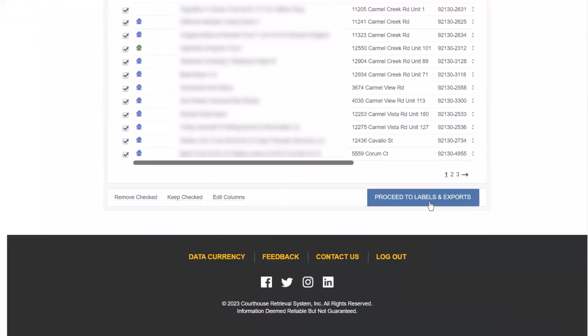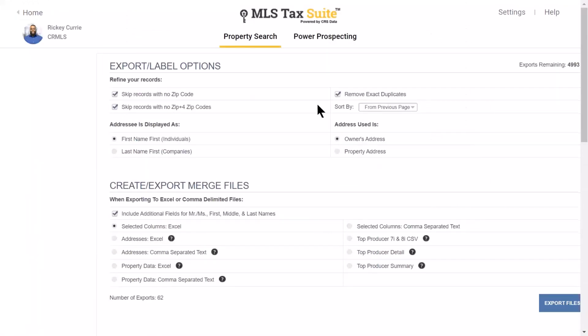Now, for those of you who would like to export it, we'll simply click on Proceed to Labels and Exports, and you decide how you would like your labels/exports to look by checking the boxes here. You do get 5,000 per month. I've used 7 already. So I have 4,993.